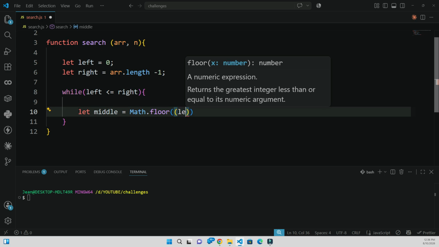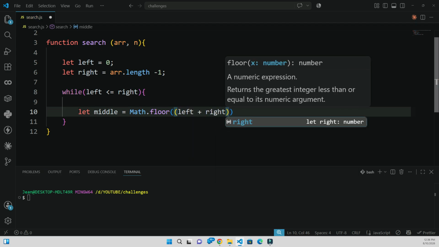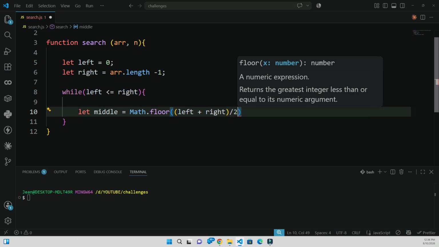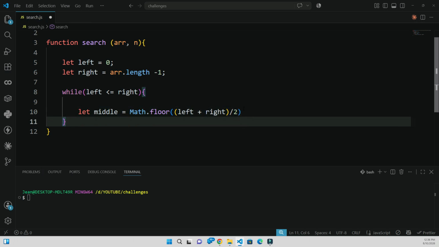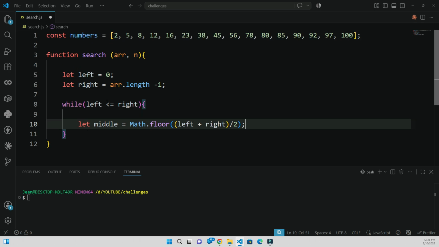So we say left plus right and then over 2. So this line of code is going to find us the middle part or the middle point through the list of